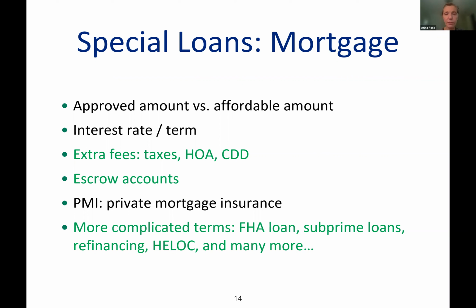Now, some lenders have gotten savvy, and what they will do is say, well, after so many years, the PMI will drop off. Others say, no, you have to provide us with an appraisal showing that your property is now worth more, that the mortgage balance is less than 80% of that value, and then they'll take it off. But then there's an expense to that. You have to pay for an appraisal, and then there may be a processing fee for that.